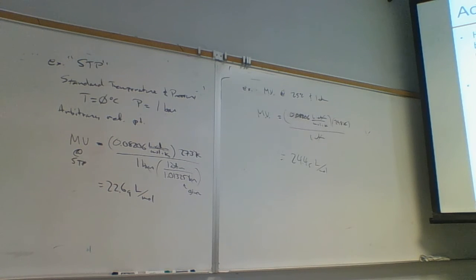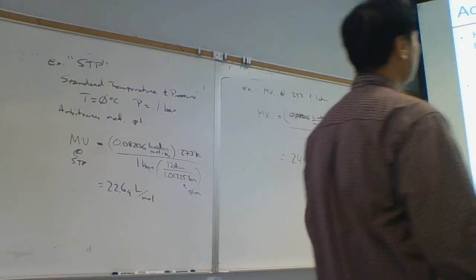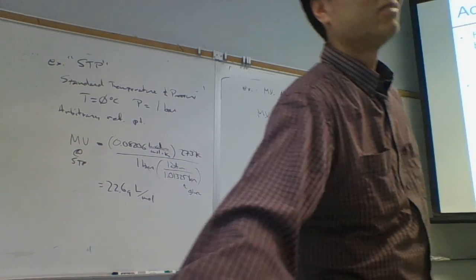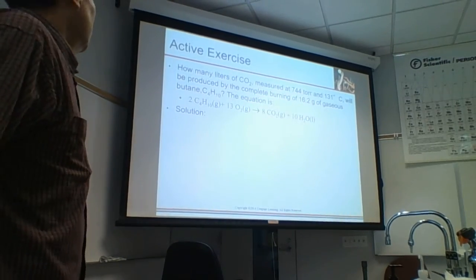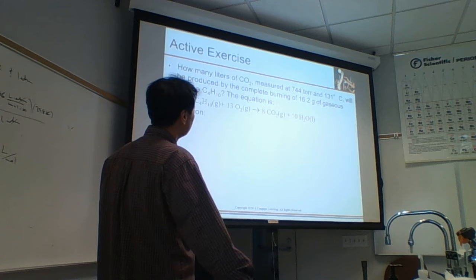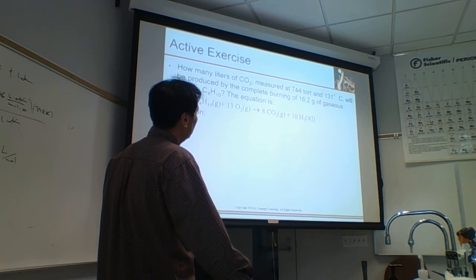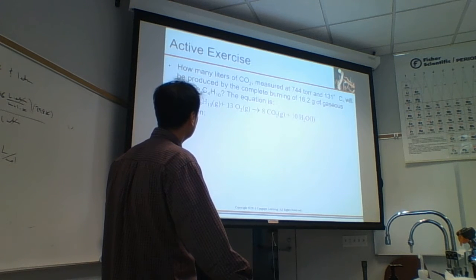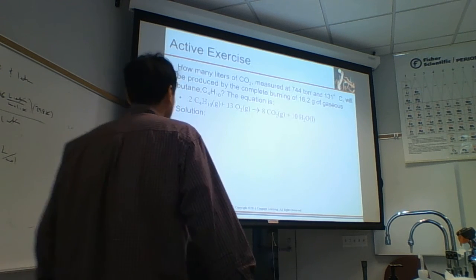All right, this is gas stoichiometry, not at STP. Let's take a look at this one here. This is another combustion reaction, a combustion of not methane but butane. How many liters of CO2 measured at 744 torr and 131 degrees C will be produced by the complete burning of 16.2 grams of gaseous butane, C4H10? The equation is